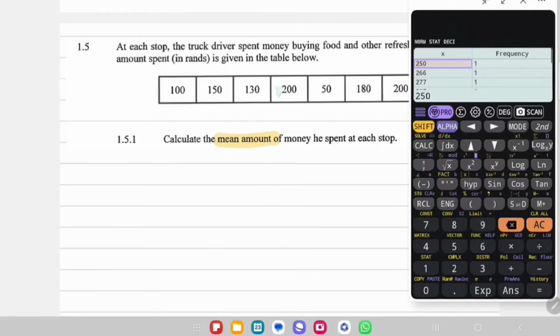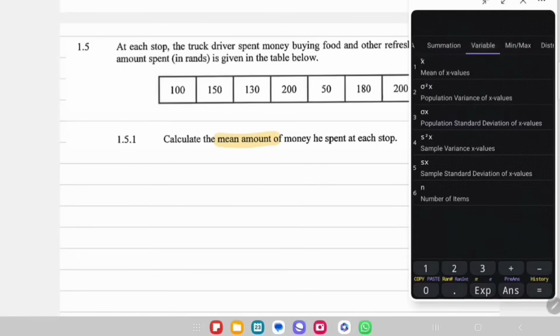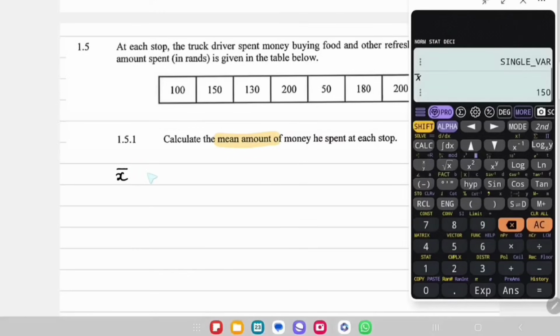So you're just going to go ahead and put down these 8 values that you have. And once you have everything recorded, you can go ahead and press AC, Shift and 1. And once you press that, you're going to go for option 4 that says VAR. And when you go to that, mine is over here, you're going to find the mean. As you can see, there's the mean, okay? It is that symbol. So go for number 2 and say equals, and you will see that your mean is